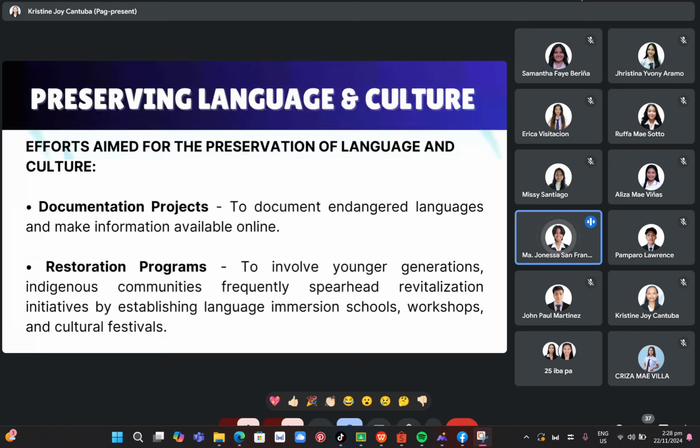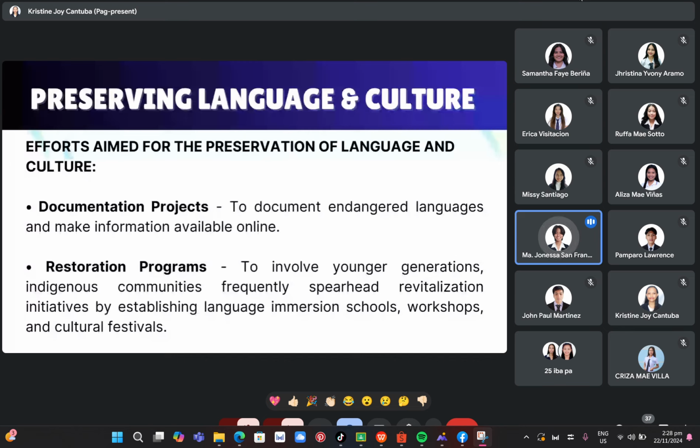The posts that we see on Facebook, Instagram, or even X can be a way to document it. Even the posts that you put in your own accounts are a great means of documenting a language. But apart from that, books can also be a way of documenting a language, and also the dictionaries that you use every day when you are reading.